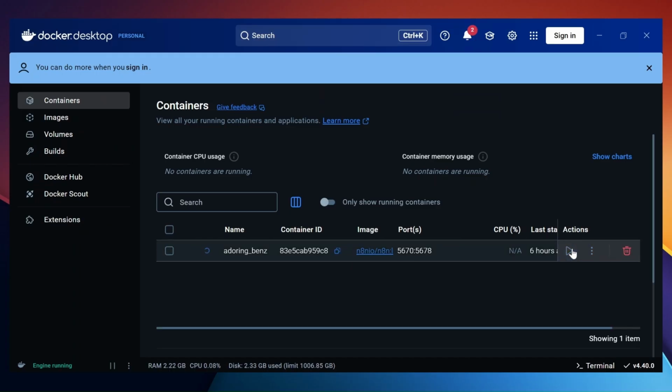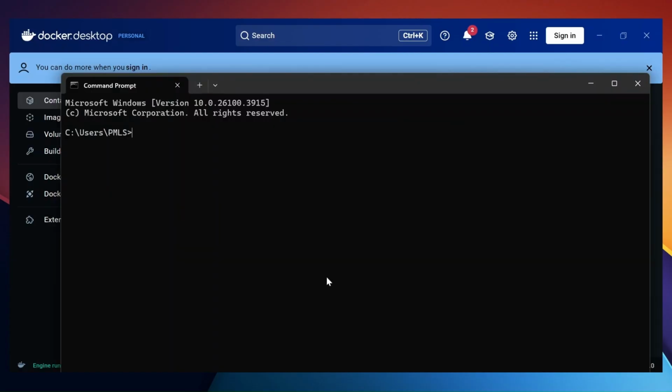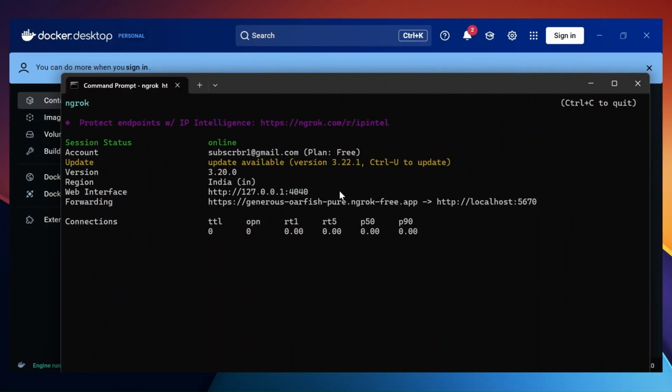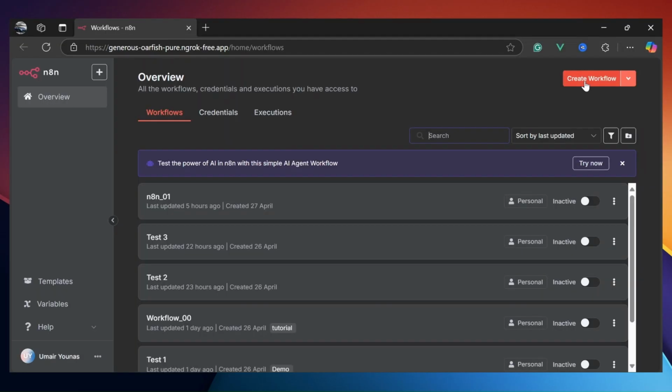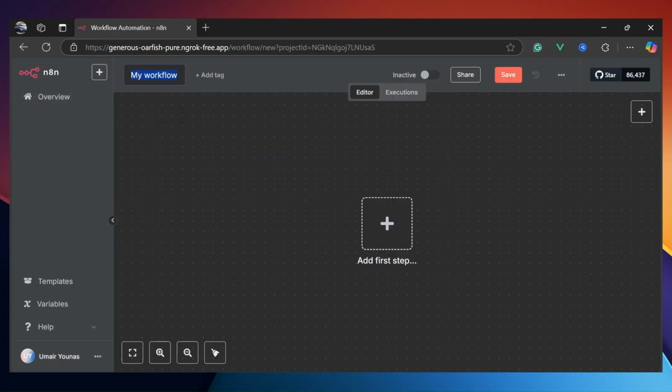First, open Docker, start the n8n image, then tunnel it using the ngrok command, and open this URL. Create a new workflow. Rename this workflow to n8n_02. And in this video, we are going to learn how you can use external tools with n8n, and especially